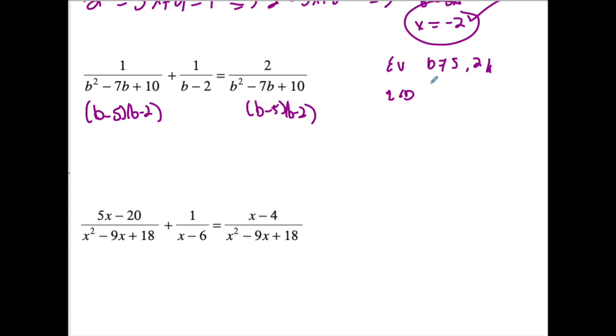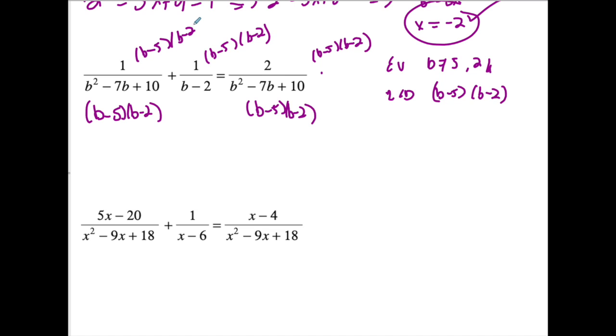Okay, LCD, it's going to be b minus 5 and b minus 2. That's the most simple thing that will cancel everything. So I multiply this by b minus 5, b minus 2, this by b minus 5, b minus 2, this by b minus 5, b minus 2. So here the whole thing cancels,